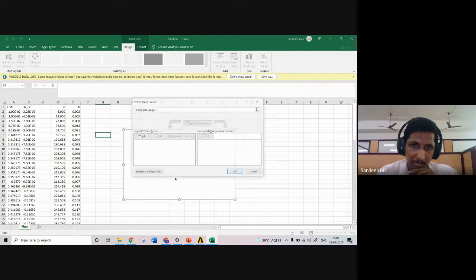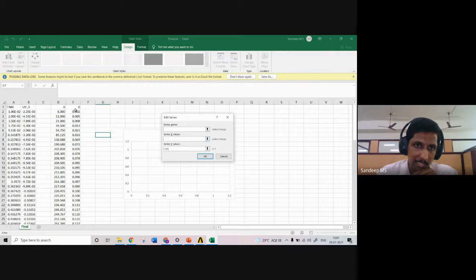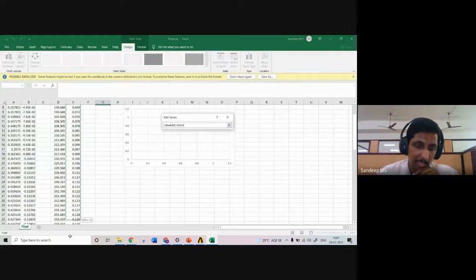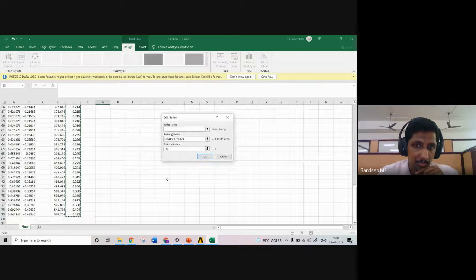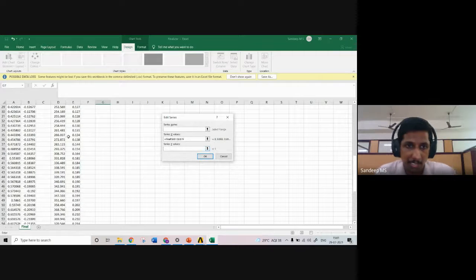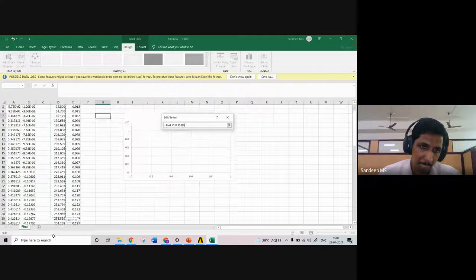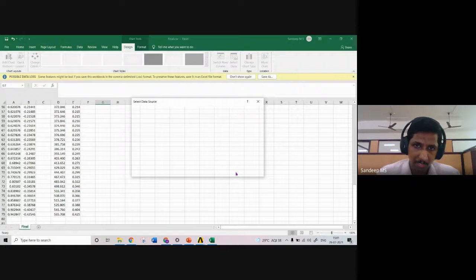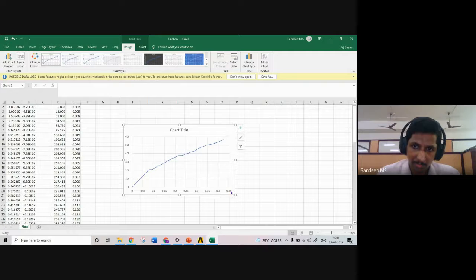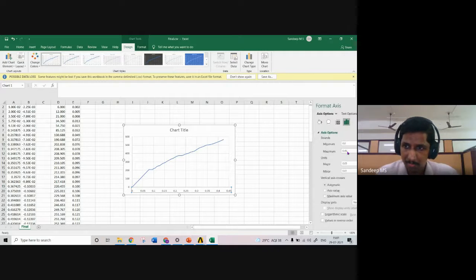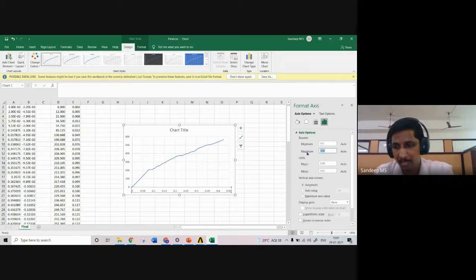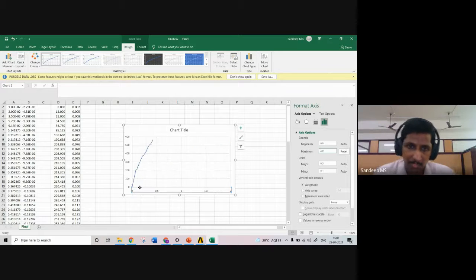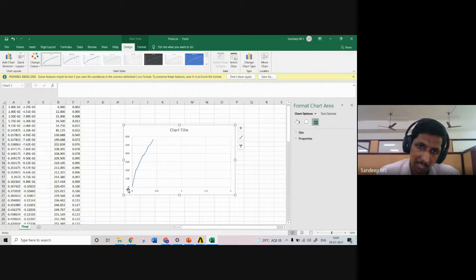Okay, I'm selecting this. I'm selecting data. And as this curve, in the x-axis, we need the deflection. So I'm selecting all these values. And in the y-axis, we need the load values. Now, if you press OK, let's see. So anyway, we can adjust this curve. If you want, say, let me take the maximum value is 2. So you can see, this is the load versus deflection graph that we have obtained for our analysis.